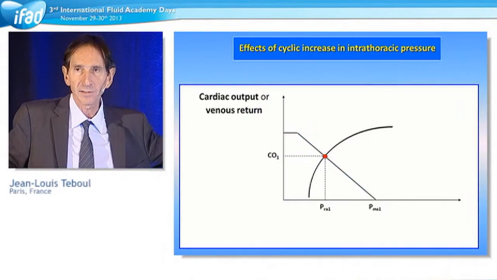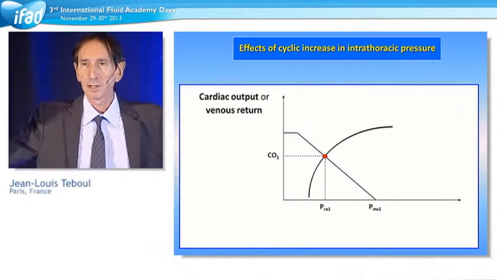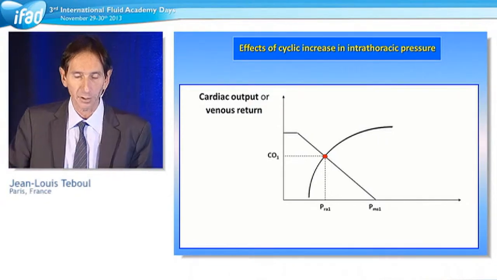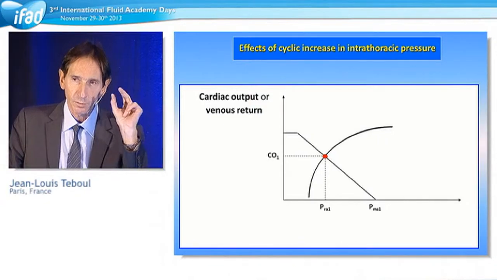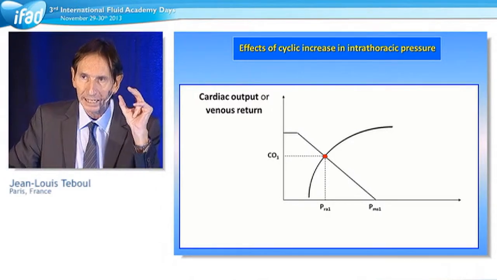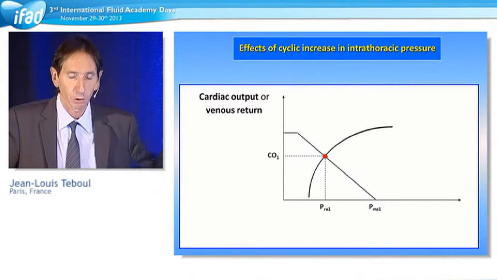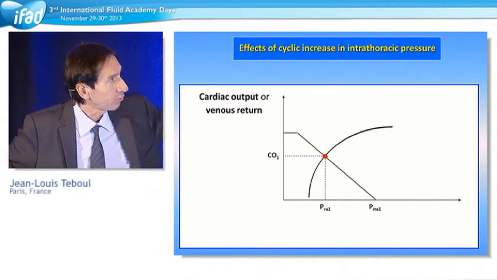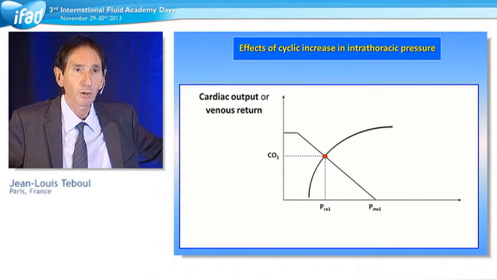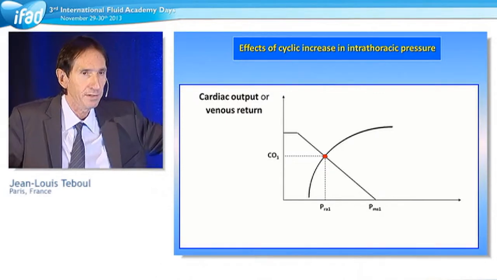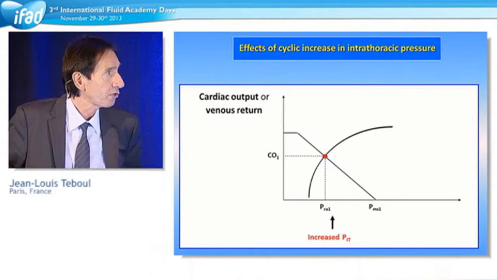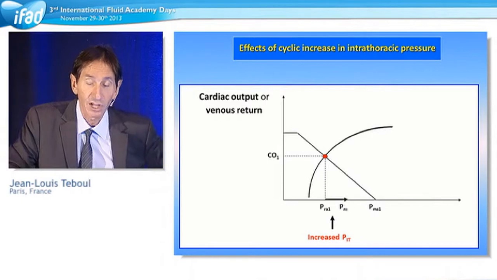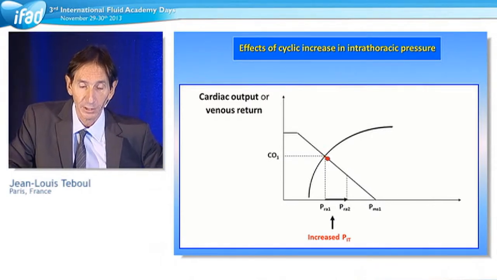If I put this on this graph, which is the Guyton curve, but also the Frank-Starling curve, you know that we have a specific point, which is the equilibrium point, where the ventricle operates. This is a red point. This is the starting situation before mechanical insufflation. If you give tidal volume to the patient, you increase the intrathoracic pressure, and this will decrease venous return, like